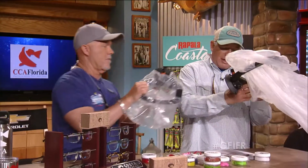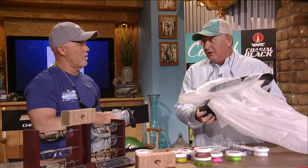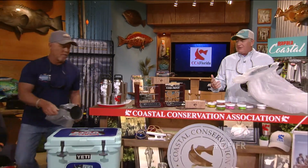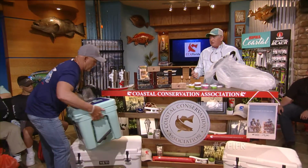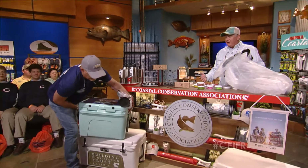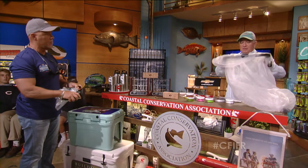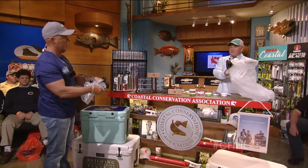All right. This is a new waistband trash bag, they call it. And this is by Sea Sucker, waistband trash bag. You know, we always have a problem when we're out in the boat where to put the trash. We end up putting it in a 5-gallon bucket. It ends up blowing out of the bucket. When you got a nice bag like this, you can hang it anywhere you want with these big